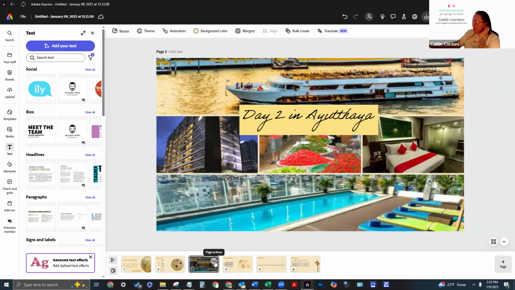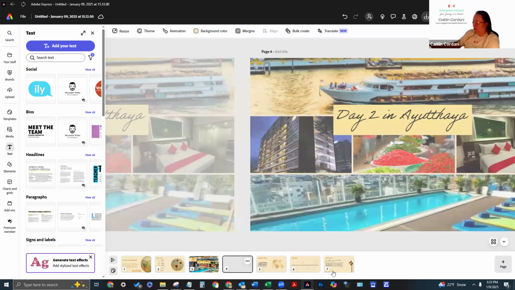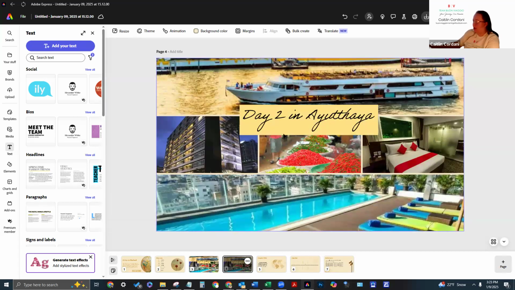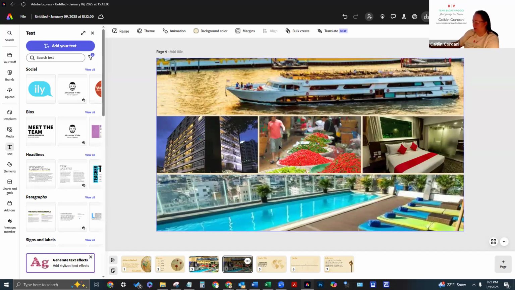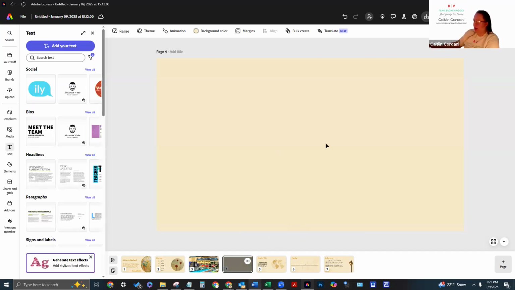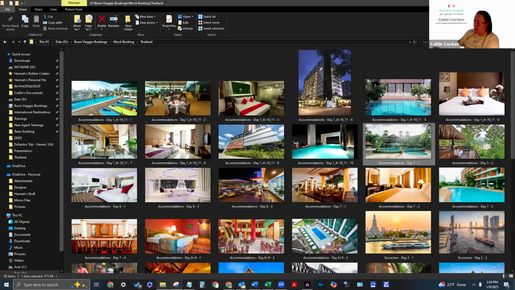duplicate this page down here. You can just duplicate it. Boom. Now you can select all and delete everything. And now you're at a blank page. So go back to the